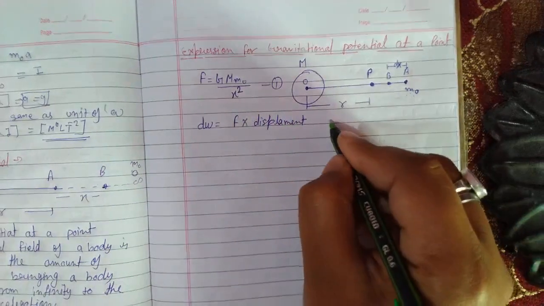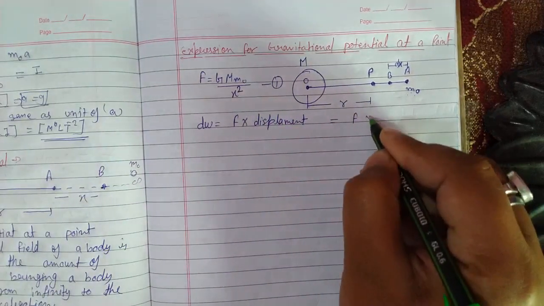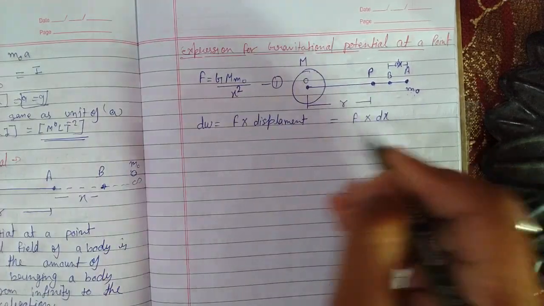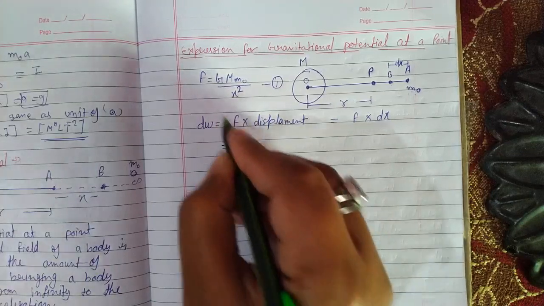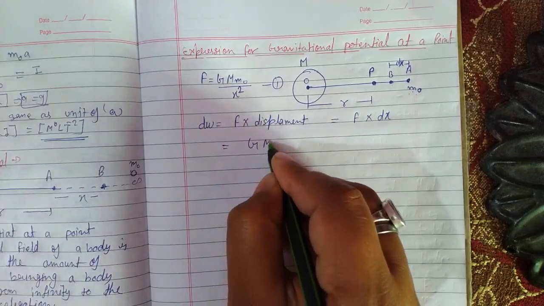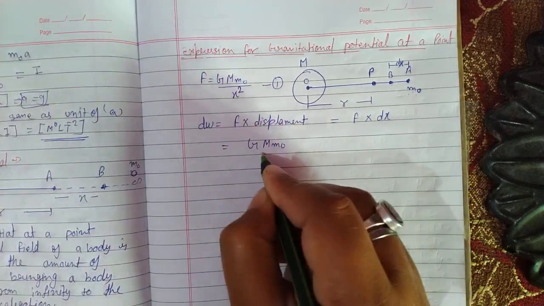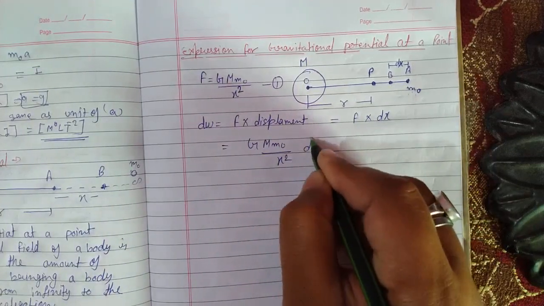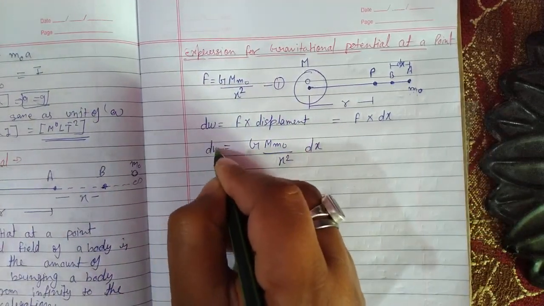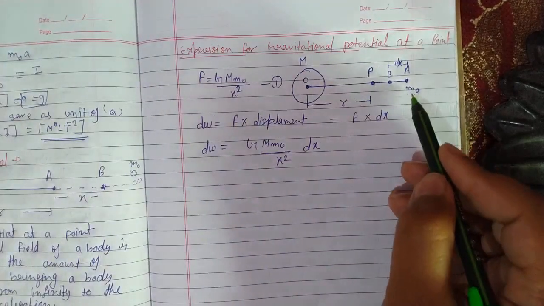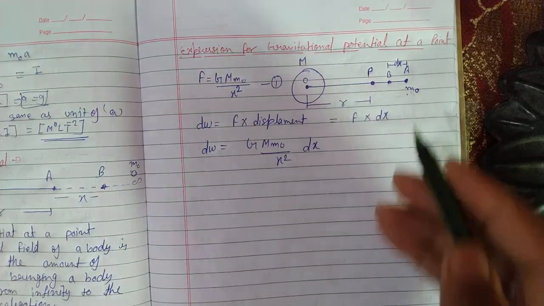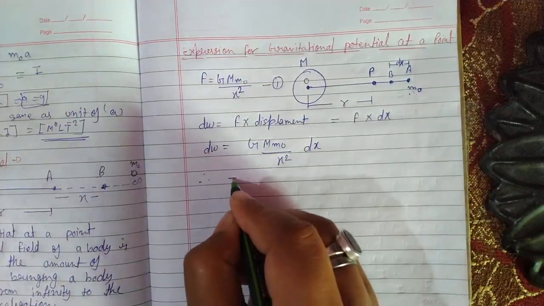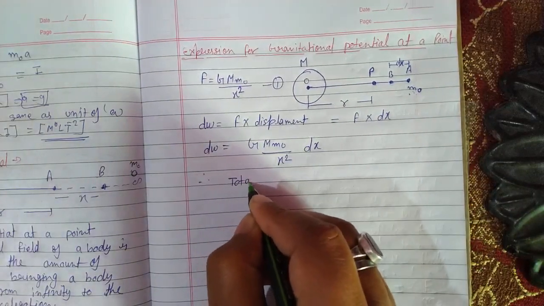Okay, that is F into dx. Now we have the value for F as G m m0 upon x square into dx. This is the small work done in bringing the unit mass m0 from A to B. Therefore, total work done